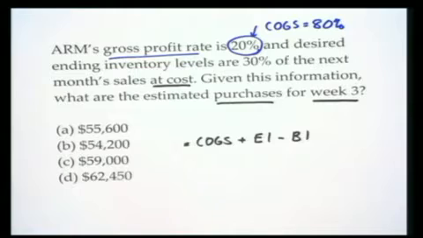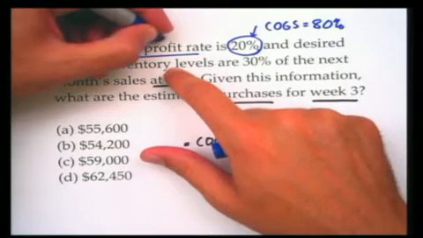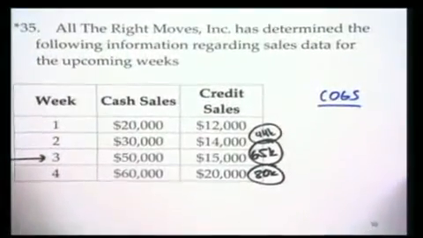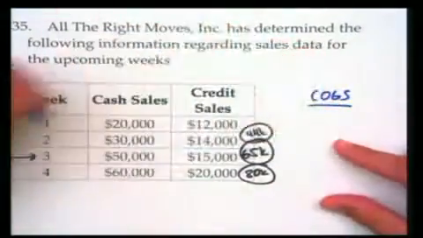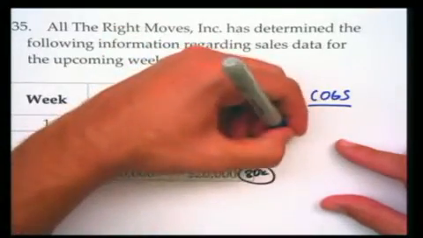Remember, every single time you see a price tag on something, you can differentiate it as either cost of goods sold or what? Good. Gross profit rate, or sometimes called gross margin, etc. Okay, same thing. Could say gross profit rate, could say gross margin rate. Usually it's called the gross profit rate for certain reasons, but just to throw the different variations out there. So 80% of this is cost of goods sold. In other words, I'm going to take these numbers and immediately turn them into cost of goods sold by saying, okay, what is, I'll just use weeks 2, 3, and 4. You'll see I'm not going to need one of those, but that's okay. What is 80%